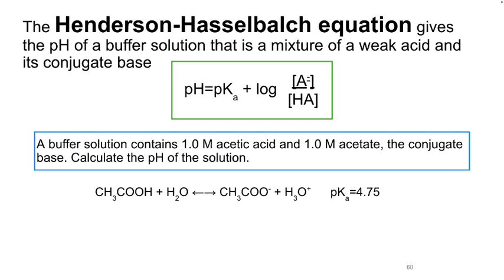Because they're running those buffer systems so much, they want a good understanding of the relationship between the pH and the pKa and what that's going to mean for the conjugate base and the acid. To give you a little bit of a parlay into the future, if you needed to take a biochemistry class,